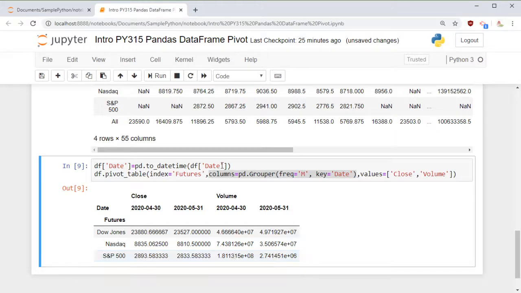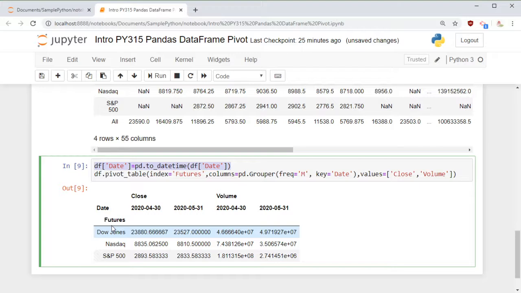If you notice, I intentionally added this statement right before this, because when you use the Grouper on just a date, it's not going to work, since it will not understand the string, and from a string it's not easy to find out which month it belongs to.